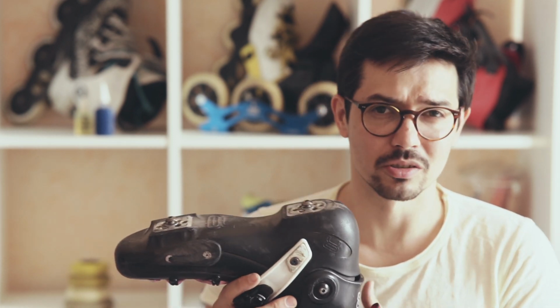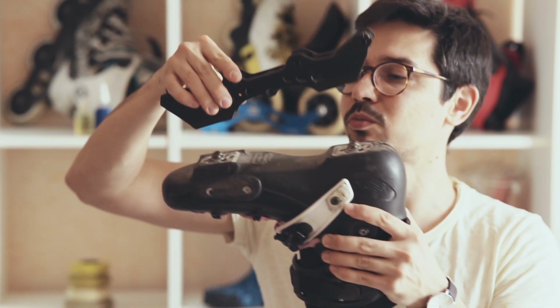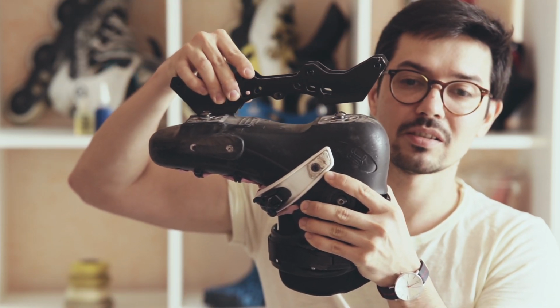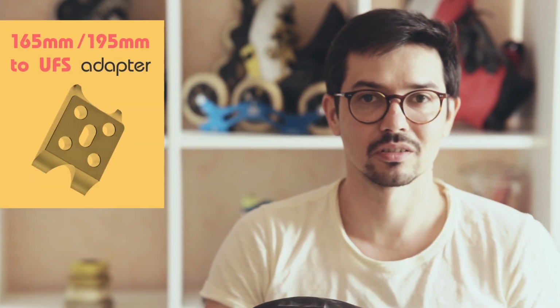And for that they sell just a spacer adapter that you can put under the heel. So technically you can also use, with a boot like this, a UFS frame like this. So if you put them, you have this space, but you can fill it with a 1 centimeter thick aluminum or plastic block, and you can still use it. So while technically you can of course use a UFS frame on a free-skate boot, or free-skate frame on a UFS boot by putting a spacer, it will work,